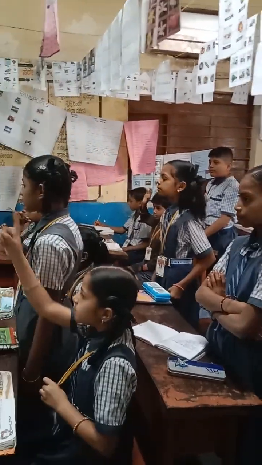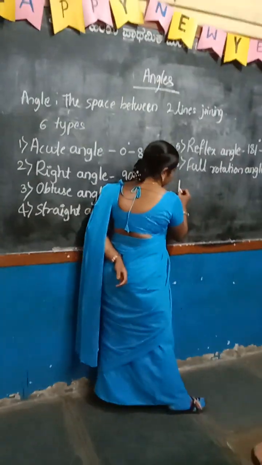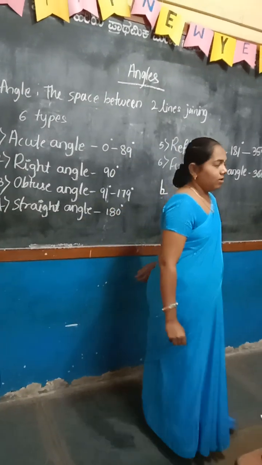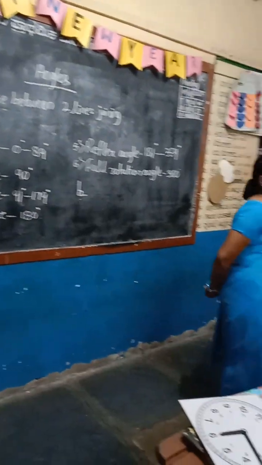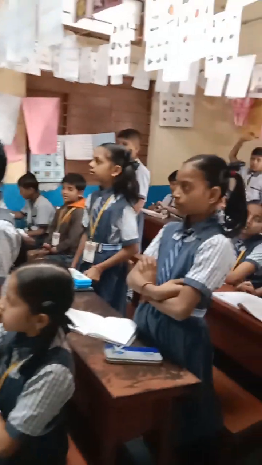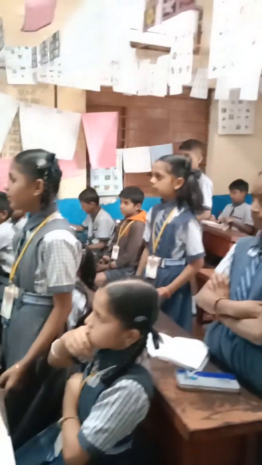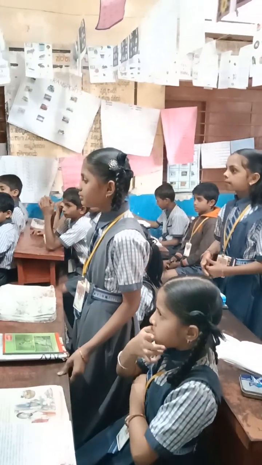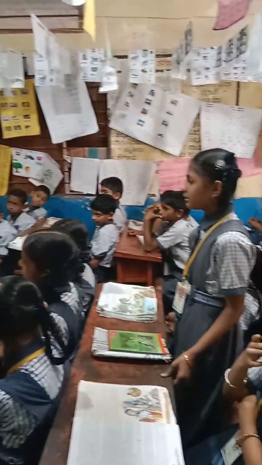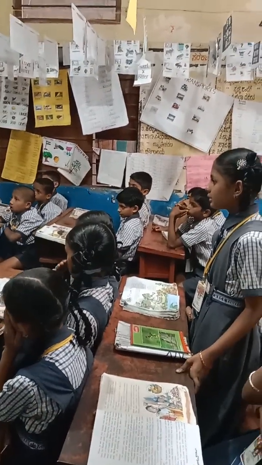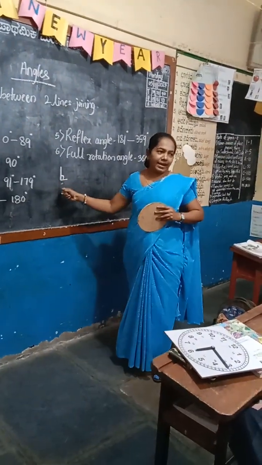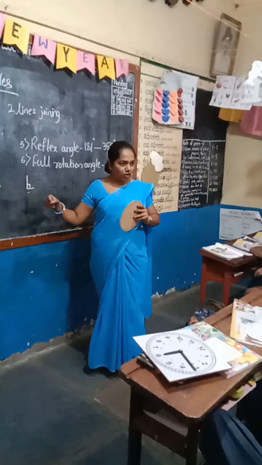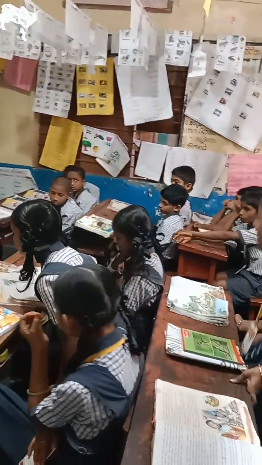L is the letter in the alphabet. So in the letter L, here is the angle. It is the right angle. Straight angle means what? 180. But is it creating one straight line here? Here it is only 90 degrees, no? For that purpose, it is the right angle. Do you understand? Any doubts? No? Sit down.